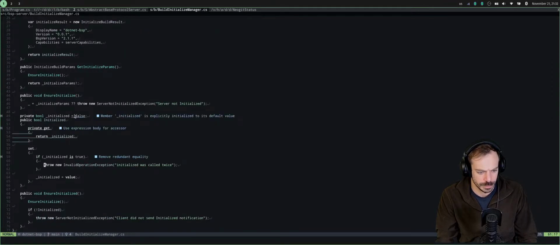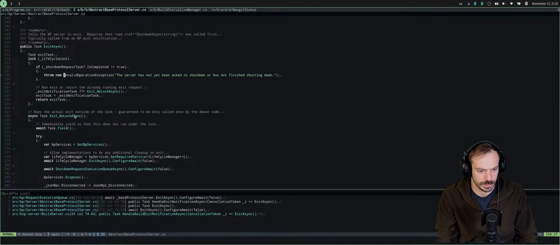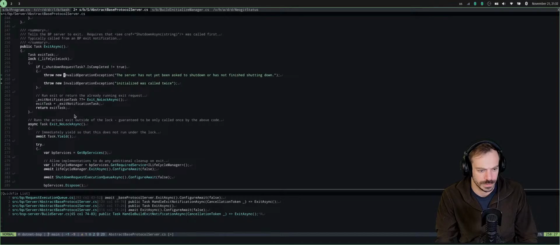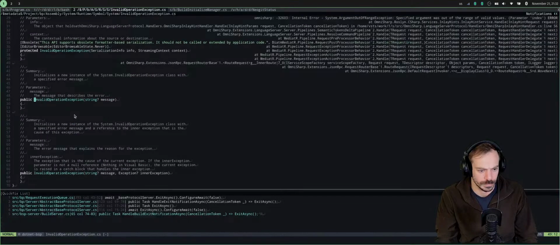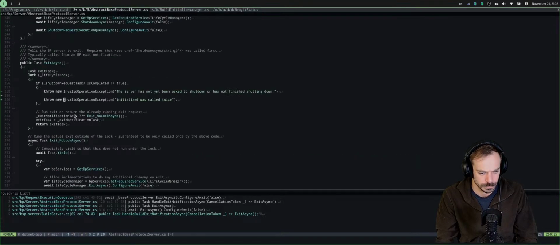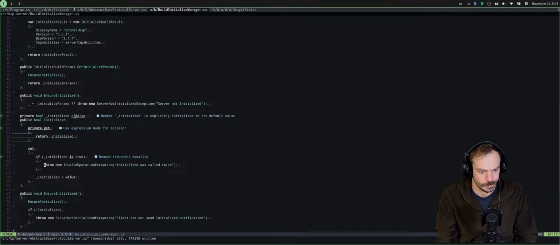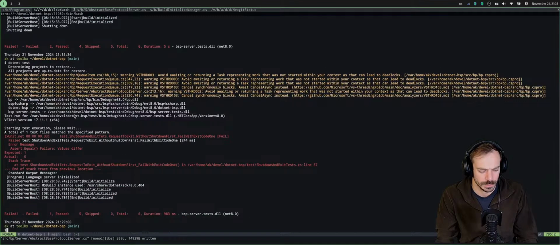InvalidOperationException. Just see if I wrote this one. Is this the same one? Seems like the same one. Okay, and not initialized. Let's throw this one. This one should be locked.